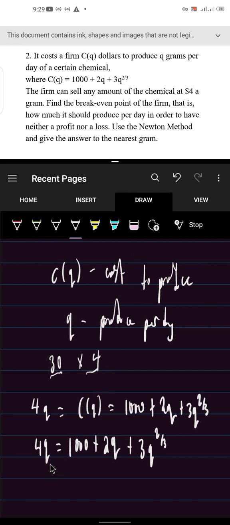So we are just going to solve for Q. If they didn't specify for us to use the Newtonian method, we would have used any method to solve this equation. Now, using the Newtonian method to solve this equation,